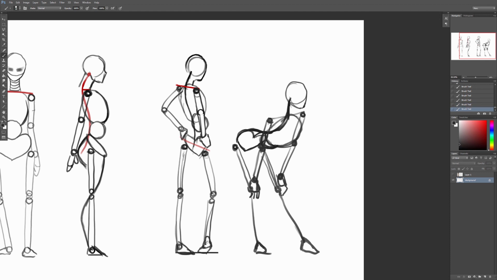So now that we have a nice skeleton that we are able to work with and pose fairly simply and quickly, now we can actually take this to the next step and add sort of the meat on top of the bones, and to make sure that we push that feminine side even more. So we already have something pretty feminine with the poses that we have here, and now is the time to take that to the next level. So we'll do that in the next